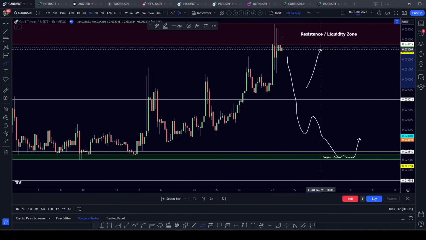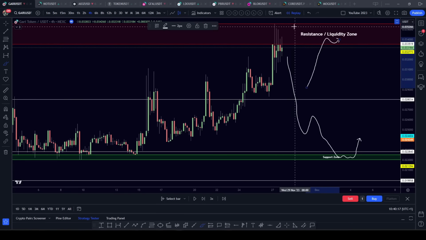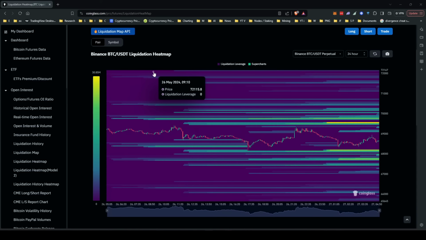Same thing as when the price comes up here, we may have a lot of sell orders sitting in this area. And finally, we have the heat map. This shows you areas of liquidity. This is where a lot of people have sell orders, and underneath the price action are your buy orders. If the price action comes up here, and you can see by the color grade, the higher it is, the brighter it gets to yellow. This is saying that there are a lot of sell orders at this area right here, and there are a lot of buy orders at this area right here.